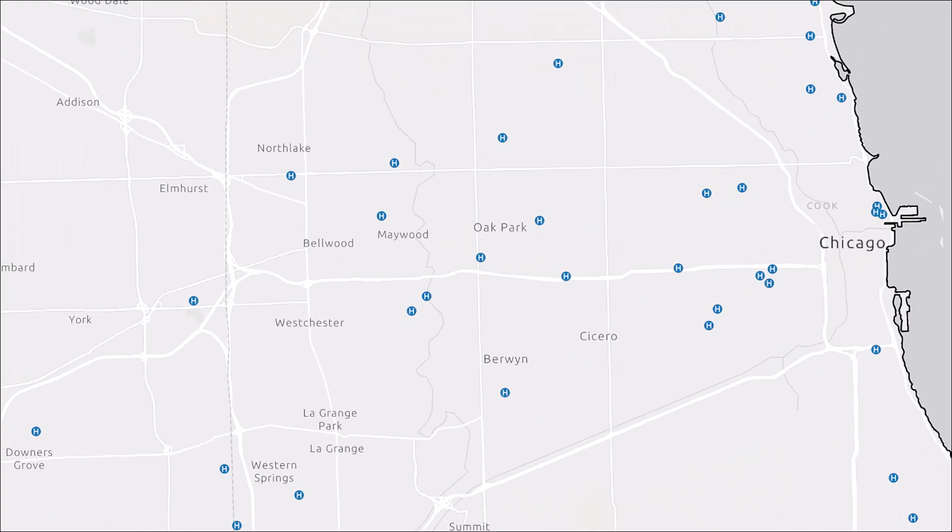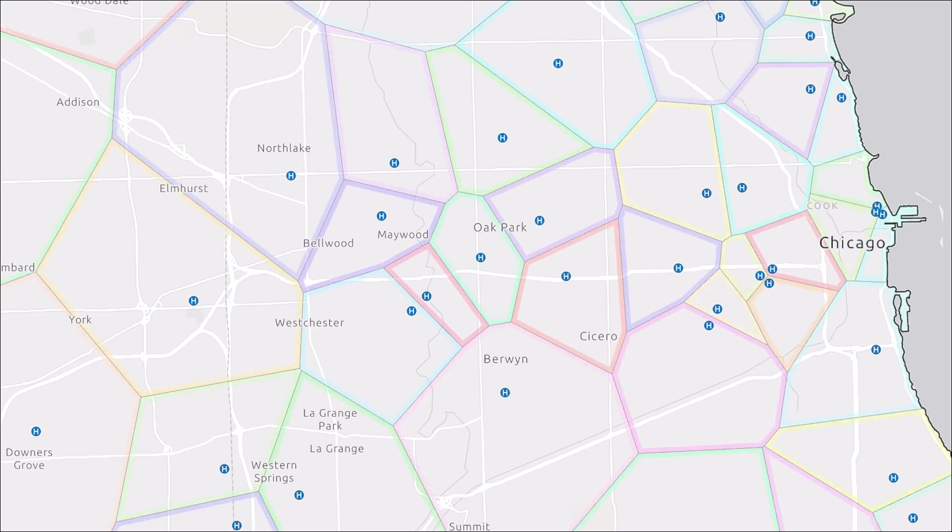Here we have Chicago and some near suburbs of Chicago, and we're displaying hospitals. When we create Thiessen polygons, we end up with these polygons which define space where every location inside each of these polygons is closest to the hospital that the polygon surrounds than to any other hospital.